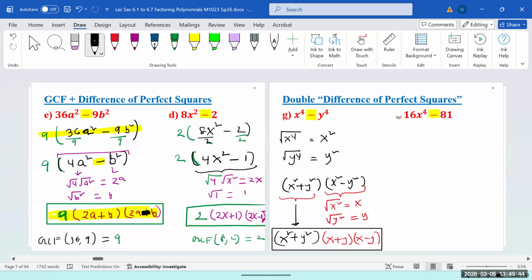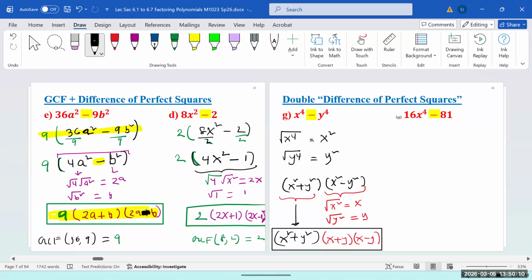Why do you leave out the x squared plus y squared? I mean, there is no rule for plus. I mean, not plus, the minus. You left out the x squared minus y squared. Is that because that's the one you factor? Okay. Because you have difference of perfect squares. Anytime you see difference of perfect squares, you can factor. And then you just bring down the x squared plus y squared.